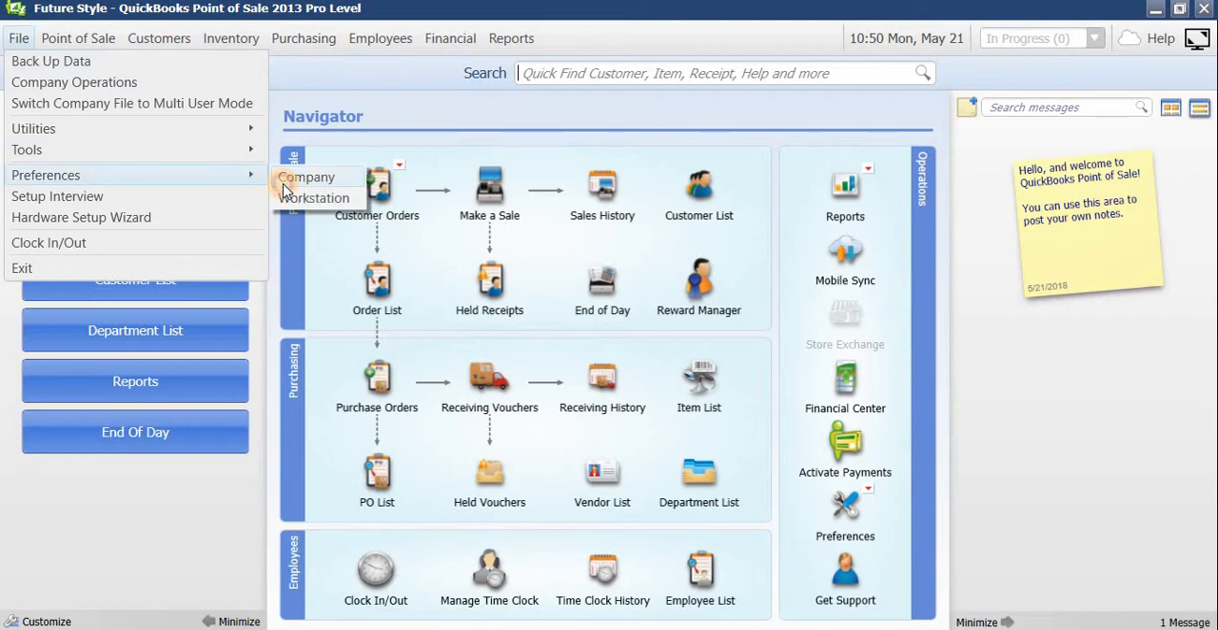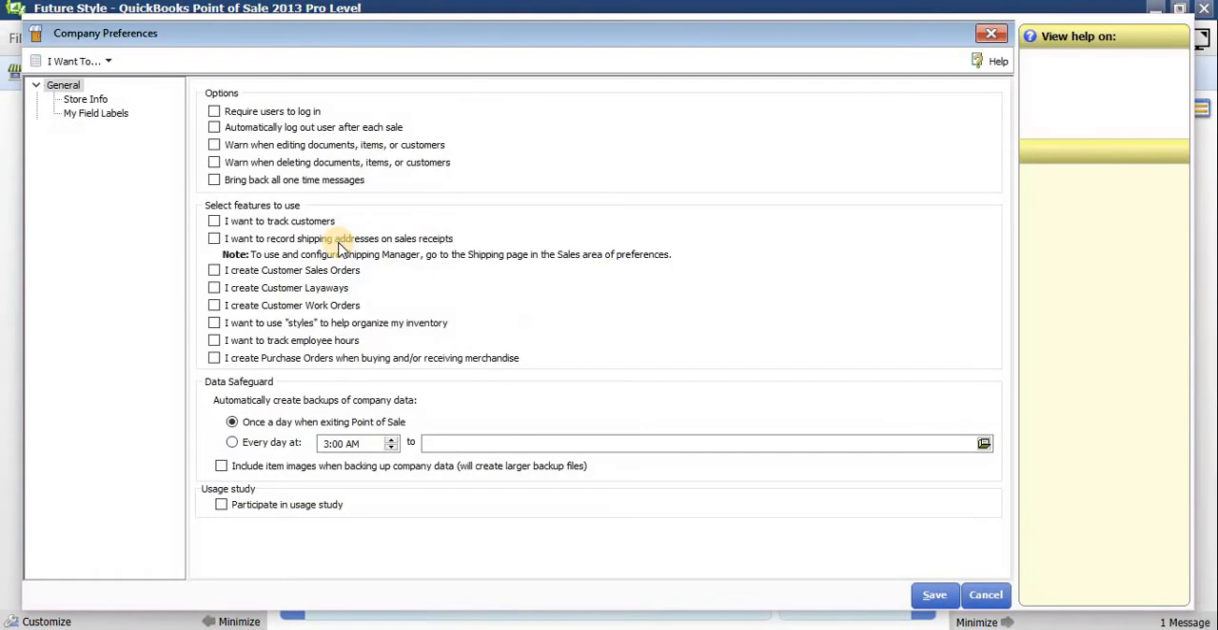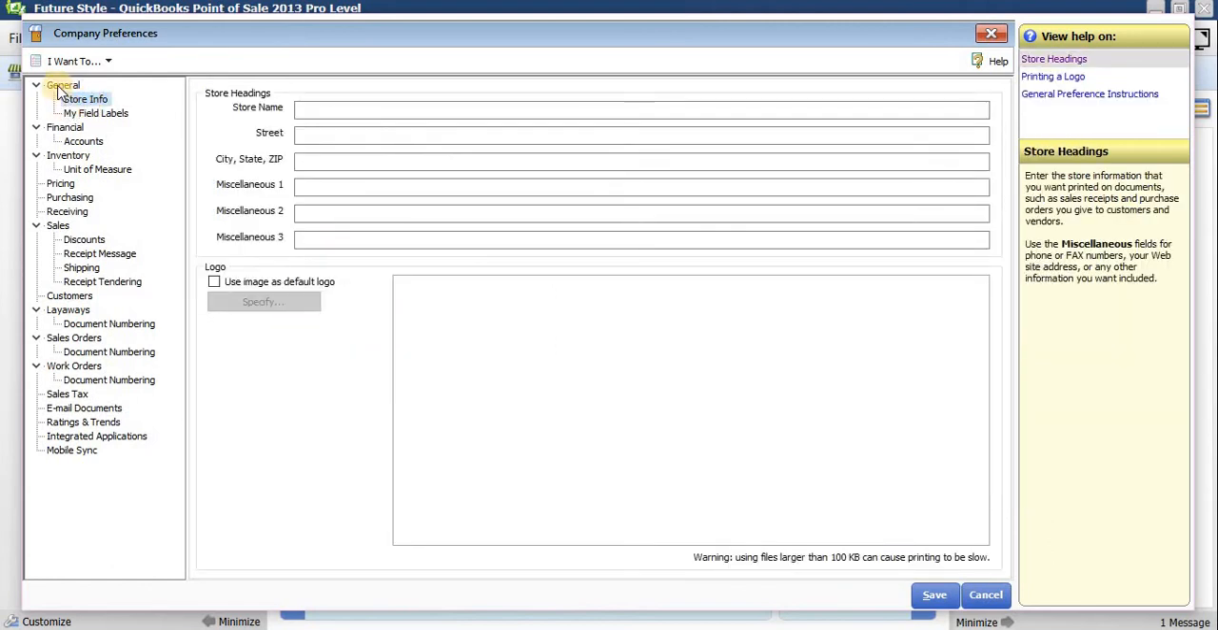So what we need to do is then go to File, then to Preferences, and then to Company. Here you click on that, and we're going to set up the receipt header first of all, and store information. So you go to General, Store Information. It's going to ask for store name. So we're going to call this Future Style